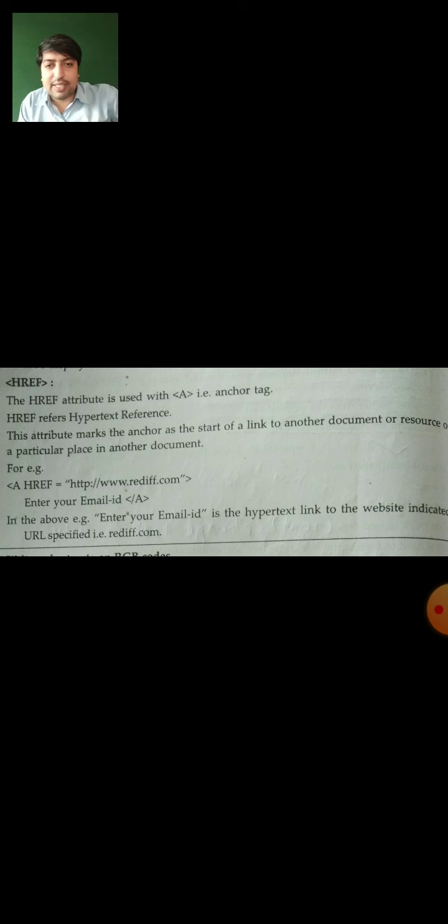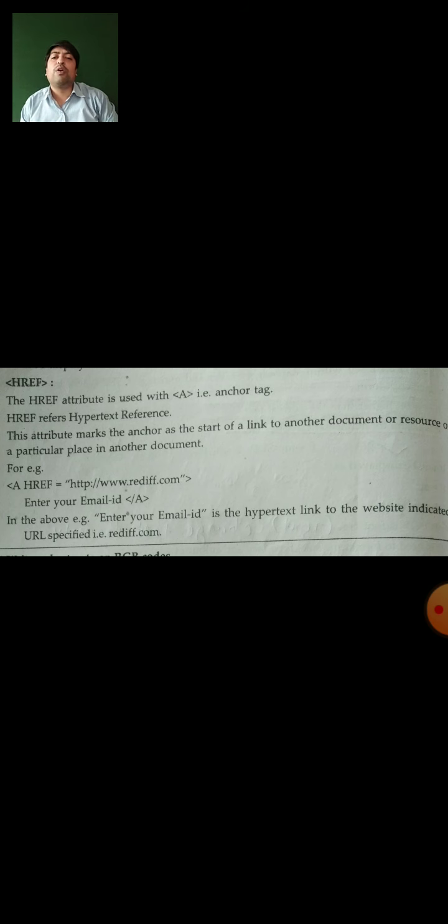There is a sentence, enter your email ID. Before that we have started the anchor tag, and href is there for getting the hyperreference of the file or the website. You can see http://www.rediffmail.com. Whenever you click on the words enter your email ID, you will reach directly www.rediffmail.com.